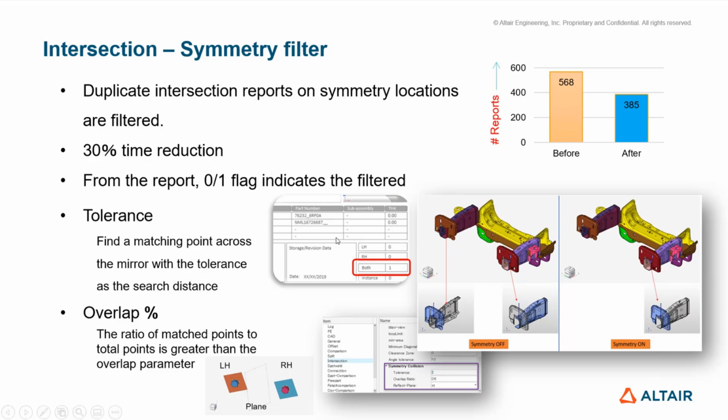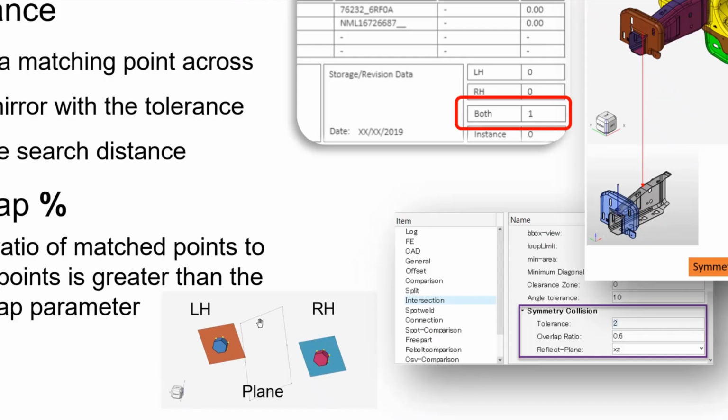So with this flag 0 and 1, we as designers can understand now that this problem is happening on both sides, but the report is coming only from one side. Okay? So the tolerance is nothing but, when we are trying to do this collision check, whether the left hand side and right hand side have intersections. So for example, in this case, 4 places on the left hand side are intersecting,